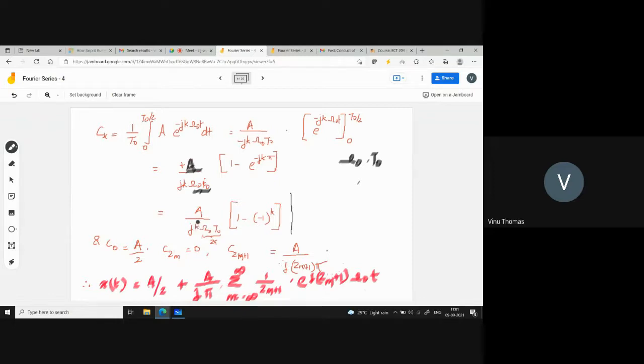So instead of evaluating that, you can directly evaluate C0 using the expression C0 is equal to 1 by T0 integral 0 to T0 by 2 of A dt. So this evaluates to A by 2, and you see that when I put k as an even number,